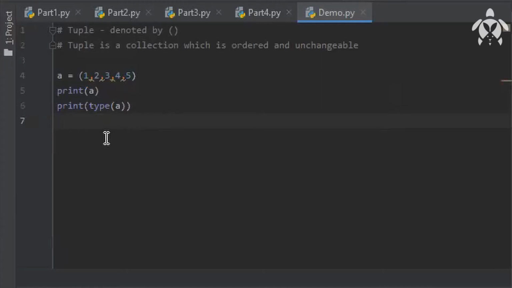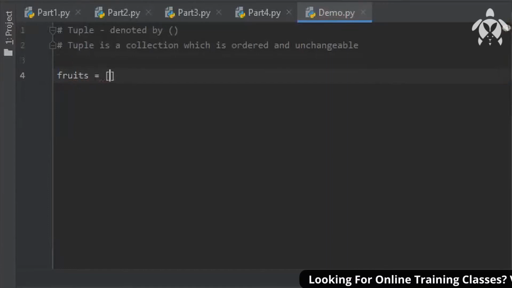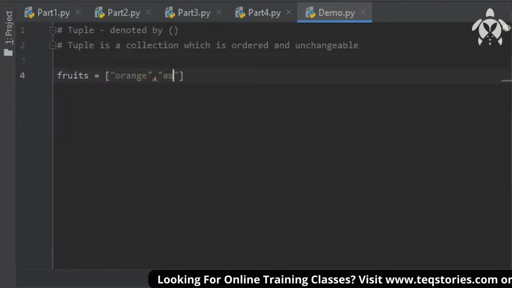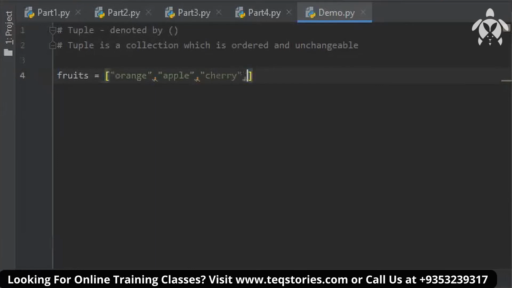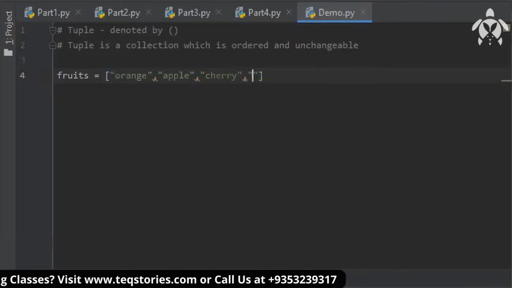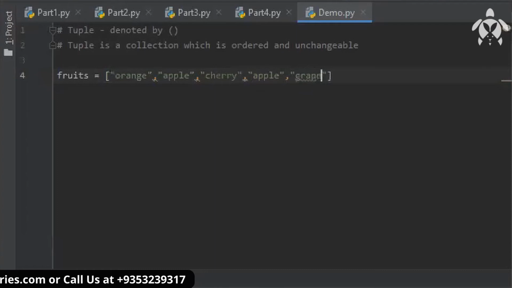Suppose I create another variable, and you'll see some data slicing here. So I'm taking fruits, and in fruits, I'm inserting some fruit names. I'm taking orange, apple, cherry, again apple, then grapes.